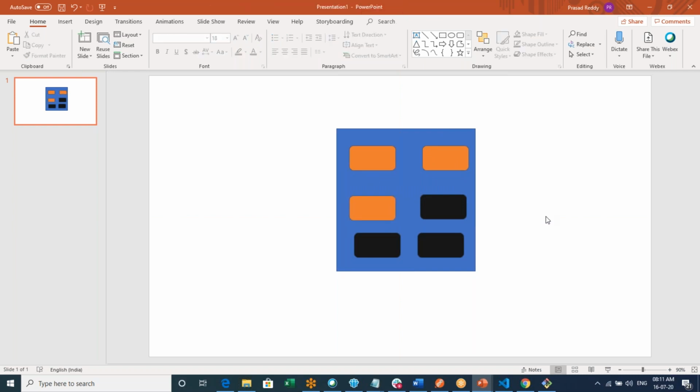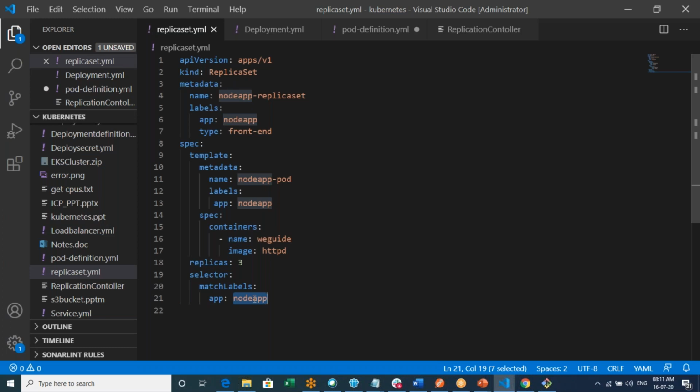This pod only it should create, instead of this particular pod. So that is the reason we need a selector. You are actually specifying that these replicas are related to this particular pod, this particular application. So we need this one, which is this node app. My application is this, so I want to match labels. You are matching that particular label, so this is the selector, right? You are saying my application name is this. So when any pod inside this replica goes down, only that particular pod should come up. So that is the reason we add a selector.